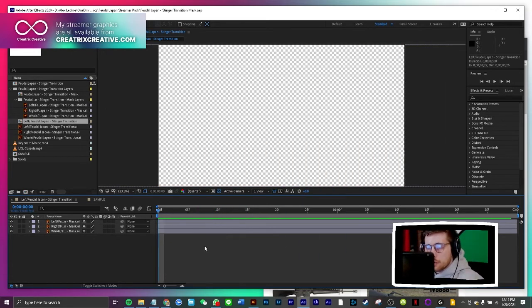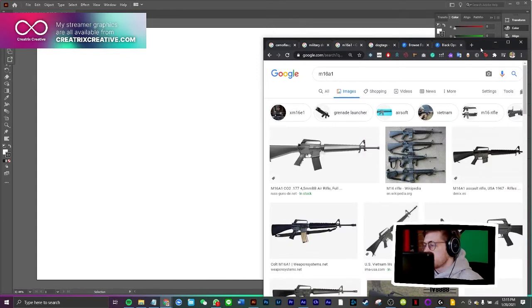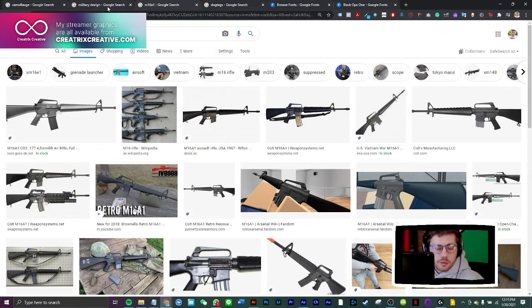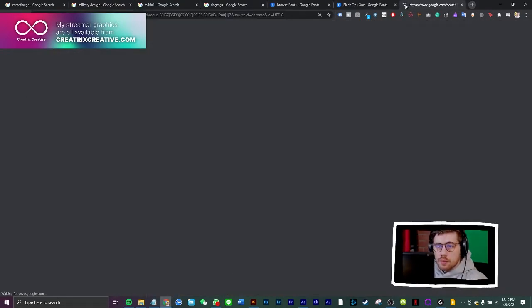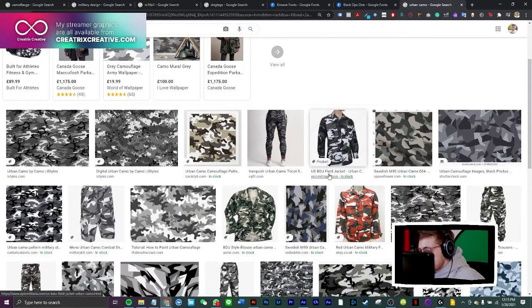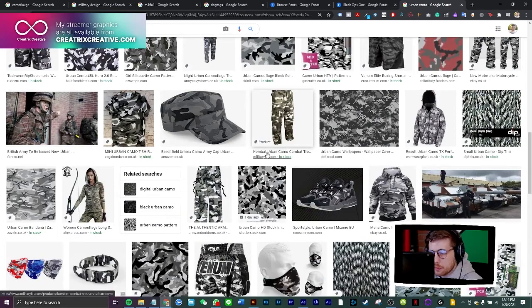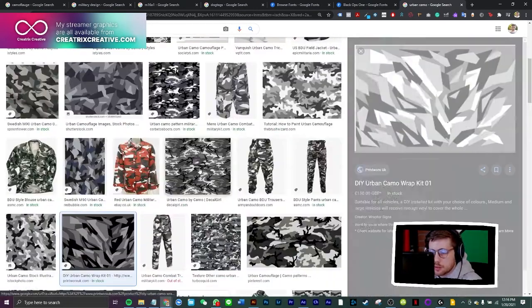So what we're going to do is camo. So I think we need some camo first, right? I like kind of like the snow camo or urban camo. See what we can find. Yeah, this kind of thing. This is what I like. Obviously, I might make a few different versions of this with different types of camo once we've got it on. I kind of like this kind of